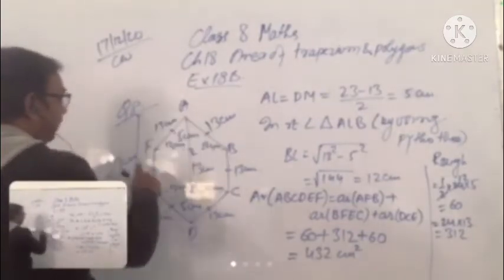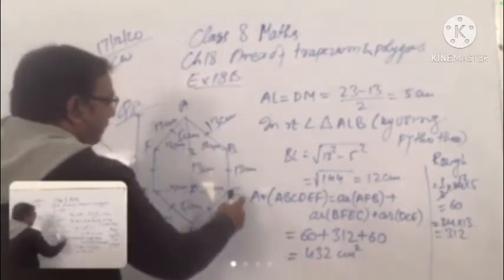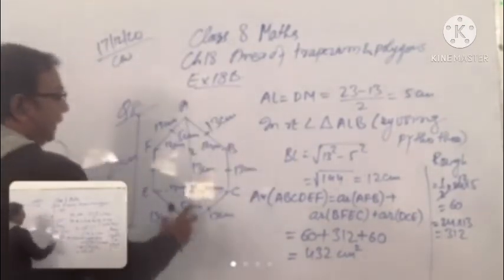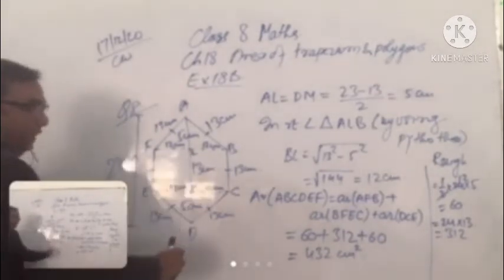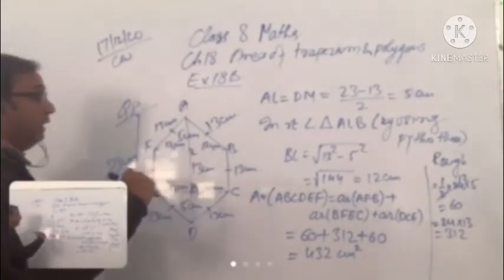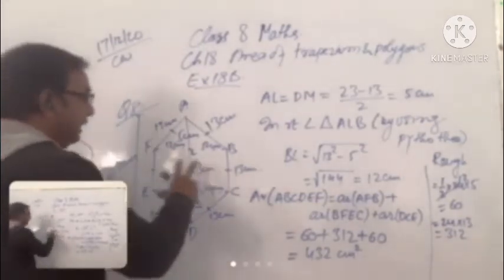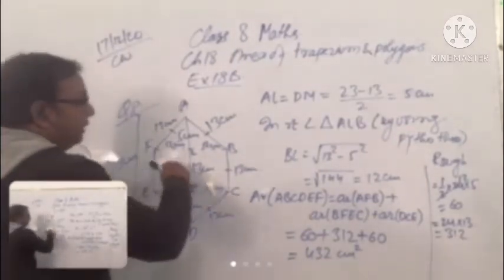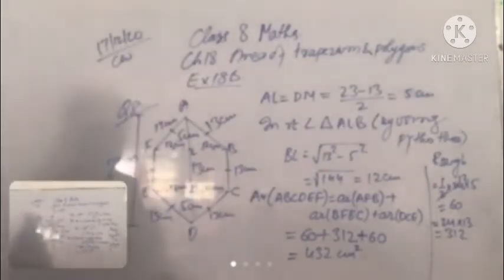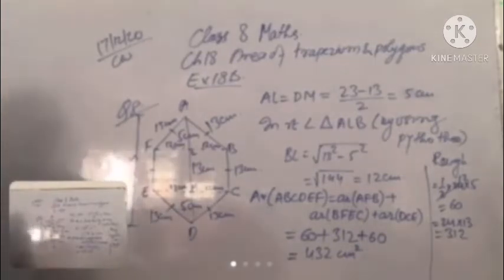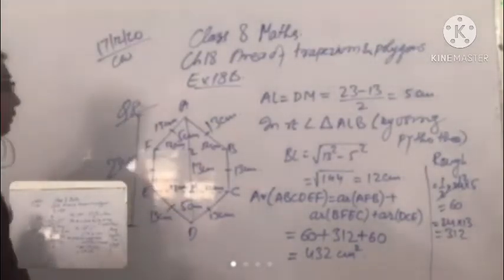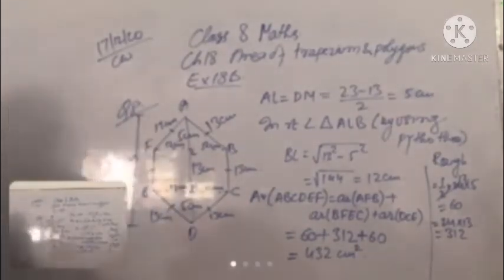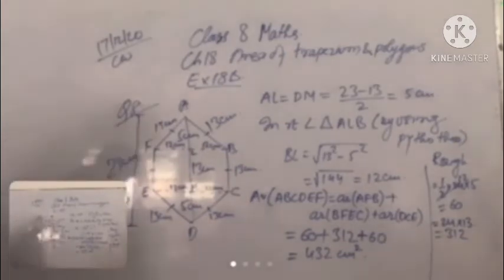Area of AFED is equal to area of ABCD, write it like this, and it will become shorter. The areas of both are equal because their sides are equal, or their dimensions are equal. Then you can take out an area of one trapezium and double it. Exactly, do it. No problem. You can do. No problem. It's okay. Good. Good. I did not notice it. Very nice. Yes, this is the solution. Right solution. No problem.